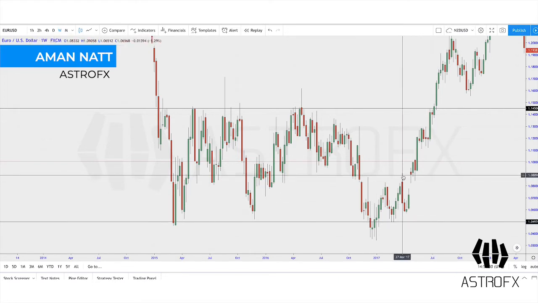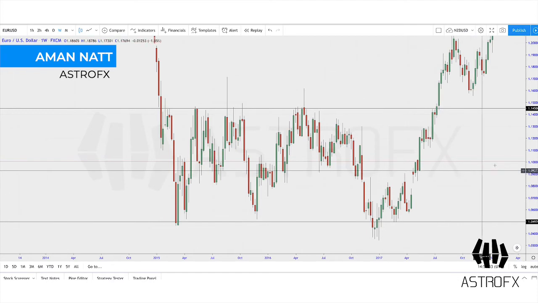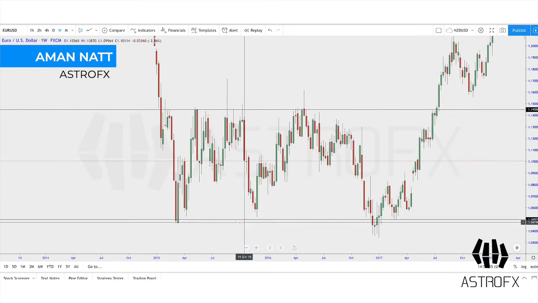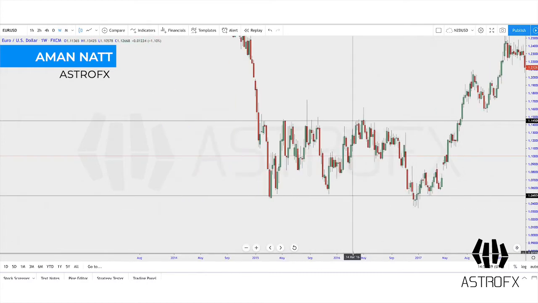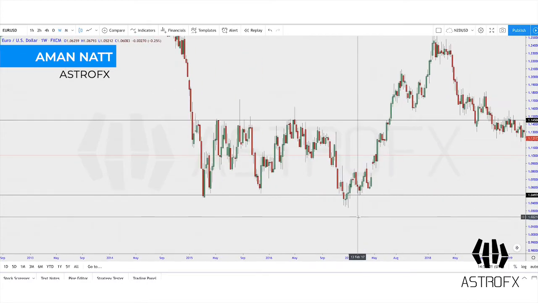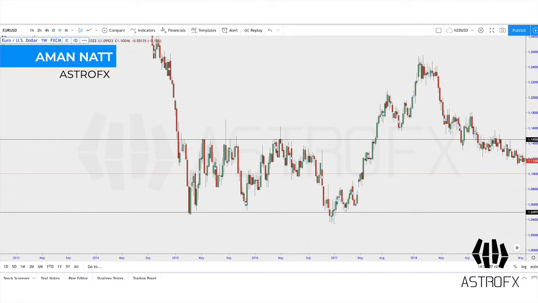And so from that area there, what we can do is identify that we're trapped in this zone, but we want to know, okay, what if it breaks out of this zone? Where will it go next? And this is where we want to try and draw another level of support and resistance on. But a nice little way to do it, and this is the original way that me and Shaun did it,